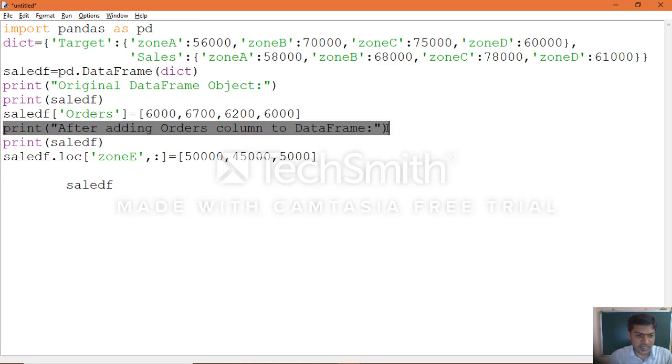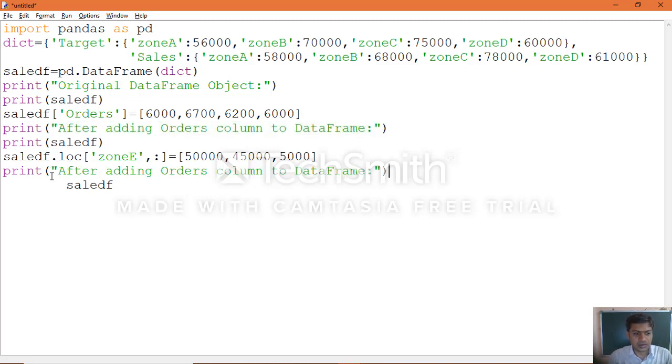This label is to help understand, which you can give when you are executing through script mode. Here we need to specify zone E: after adding zone E row to data frame. Okay, now print that particular object.